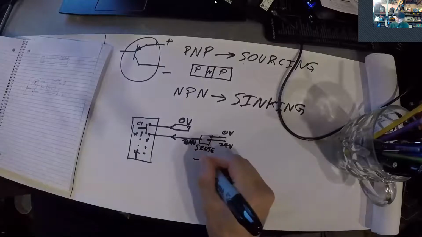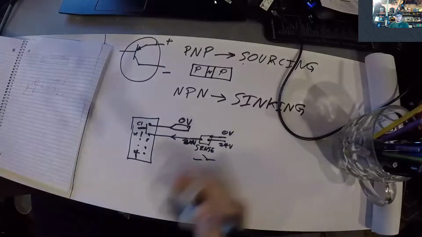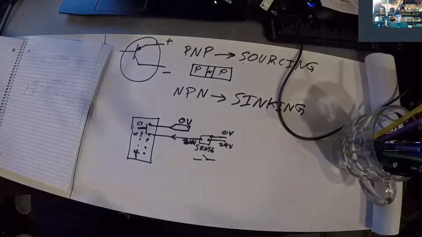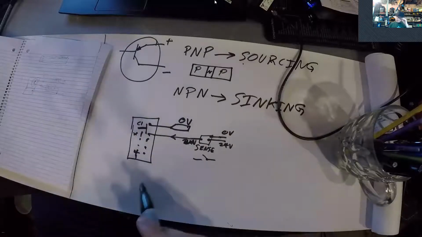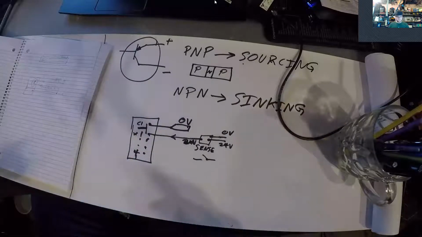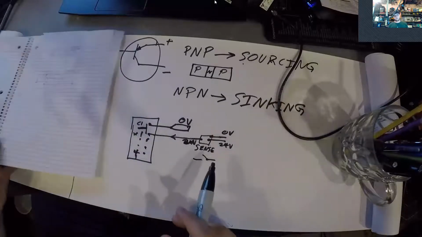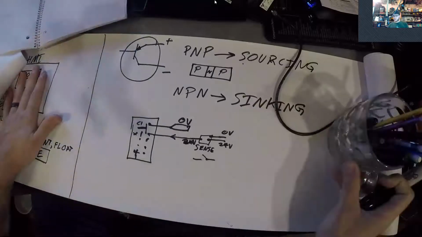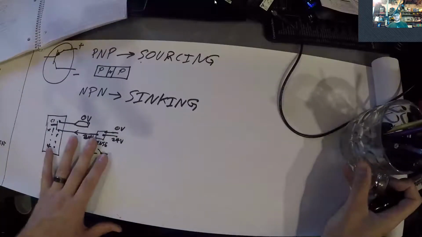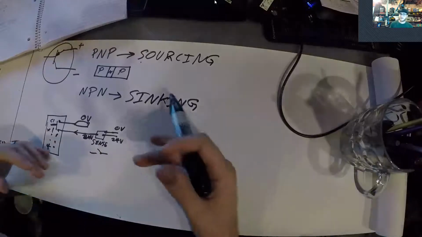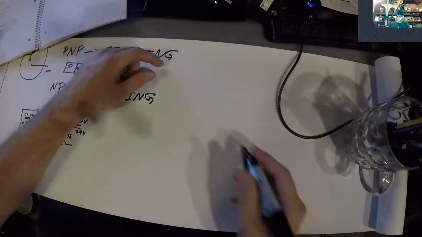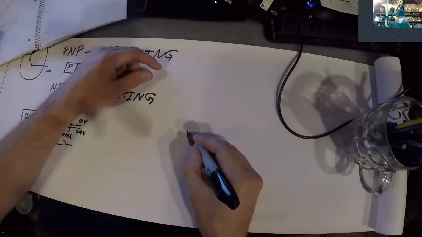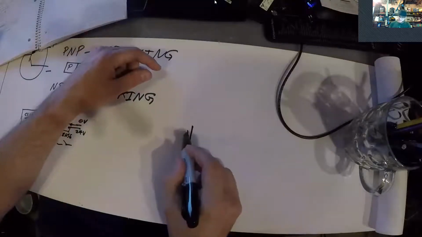And so basically, when this sensor gets closed, it closes the circuit, and your voltage is sunk through the sensor. So another way of looking at this, so what I just drew is how we would draw it on our panel drawings, right? The other way of looking at this is basically, if you want to just draw a simple